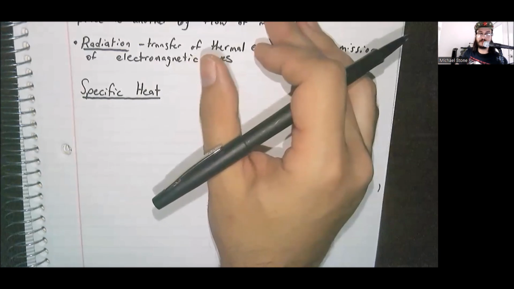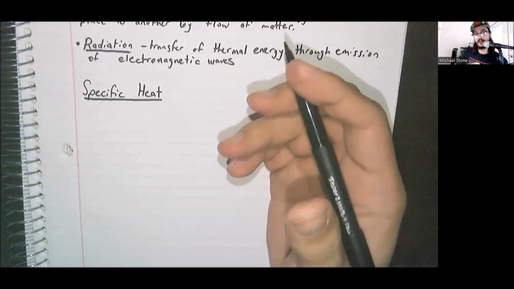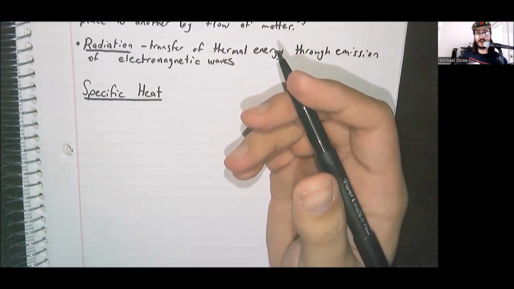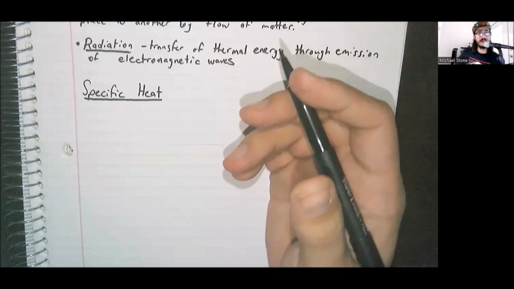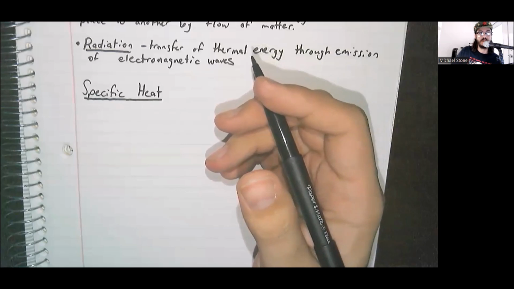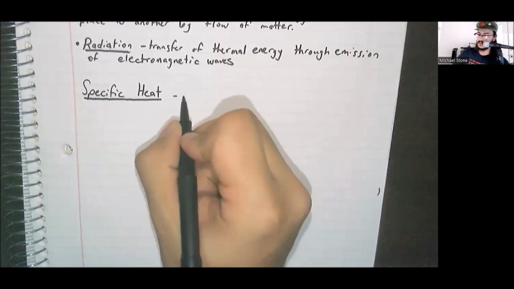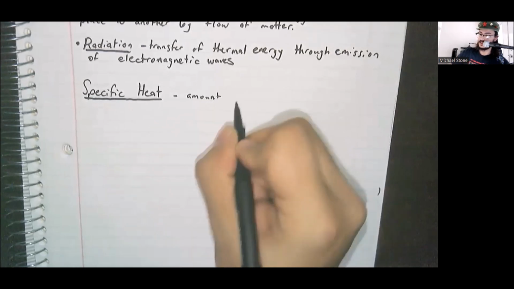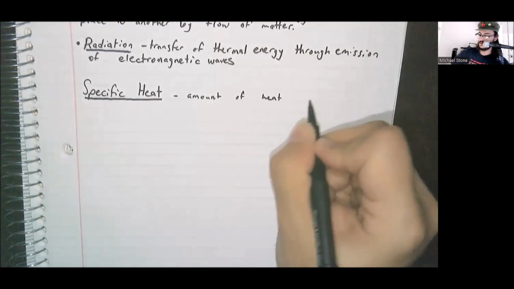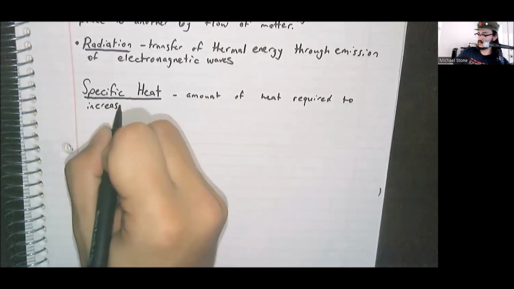And then later, the calorie was replaced by stuff that played better with the other metric units. But 1 calorie gets water up a degree Celsius. One calorie will get aluminum to go up a few degrees. But it would make something like, I don't know, styrofoam not go up as much at all. So specific heat is the amount of heat required to increase the temperature